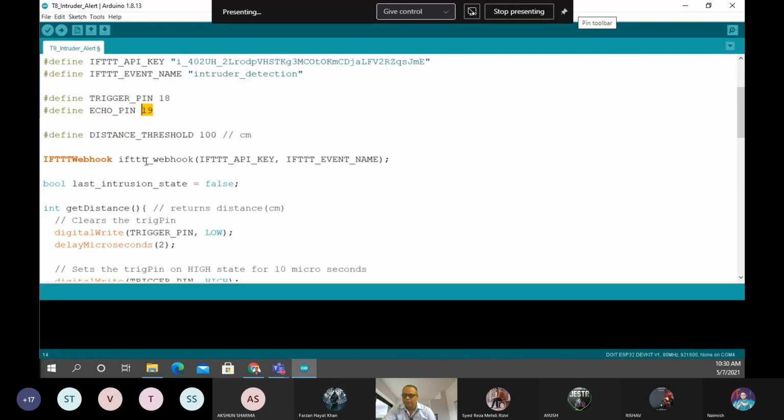So these are digital pins, and we are defining the threshold value right here. We are defining it in centimeters. This particular sensor is not a commercial type of sensor. It will detect a small range. When you use a commercial type of sensor, that sensor gives you a wide range. Right here we are providing a 100 centimeter range to this intruder detection, and we will use the